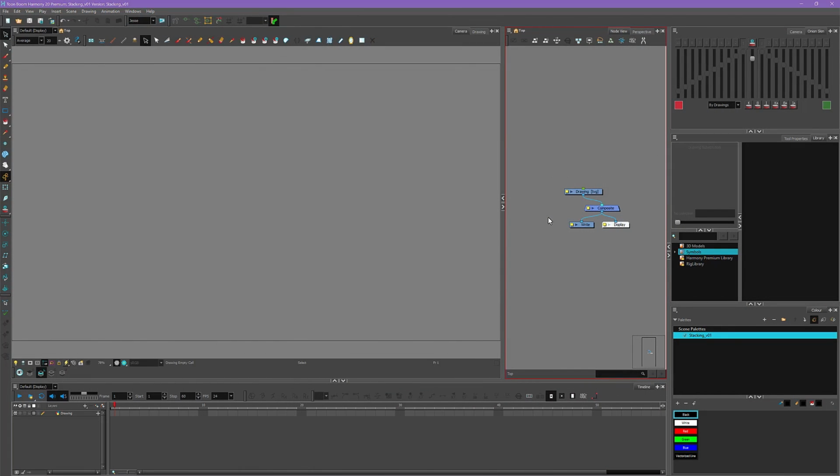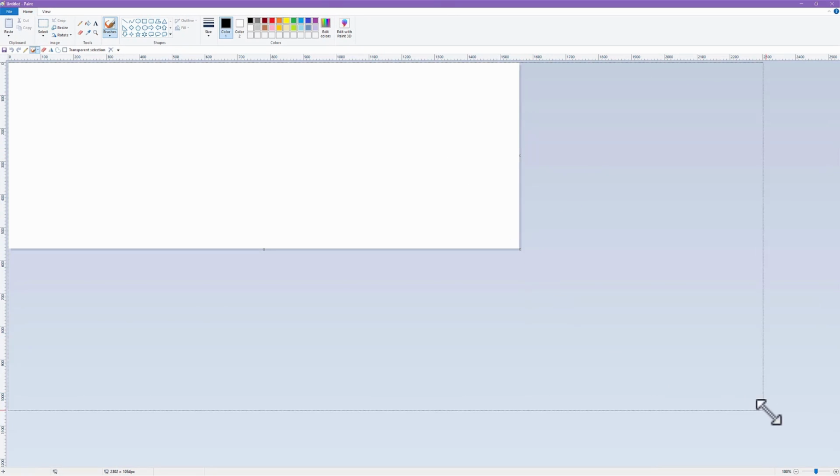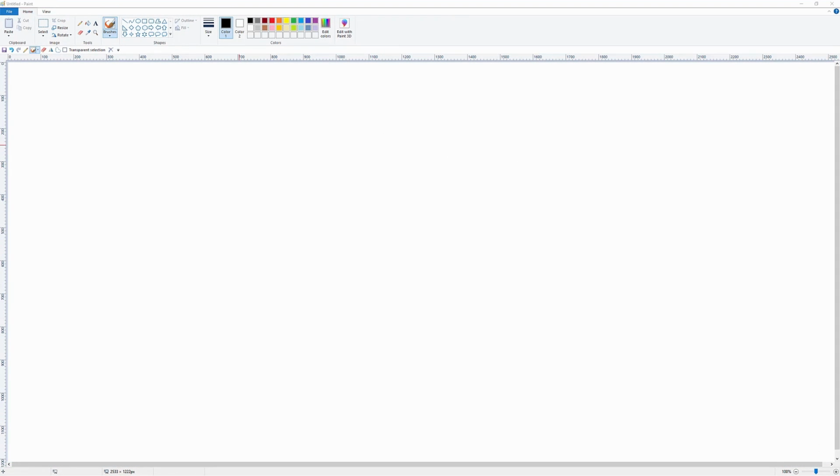Before we get started posing our character rig, before we start getting into the weeds with posing the rig itself, since that gets a little bit complicated, it's a lot easier to draw things out first. So let's play through the audio a couple of times and just kind of visualize in our head what we want to happen. So here I'm opening up Microsoft Paint, which is my favorite program to do doodles in, but feel free to use whatever program you find useful to do your sketches in.